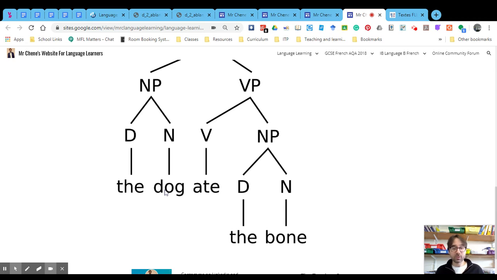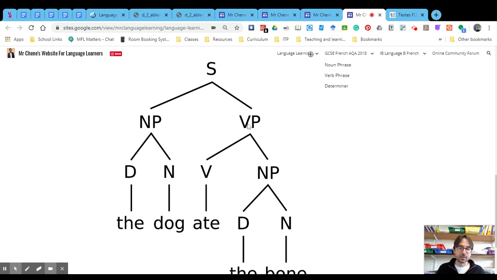Is it a dog we know? Is it a dog we haven't talked about before? And then we've got the verb phrase, and then you've got your sentence altogether. So you've got your sentence with a noun phrase and a verb phrase. The verb phrase, you've got the verb, and then you've got a noun phrase that helps